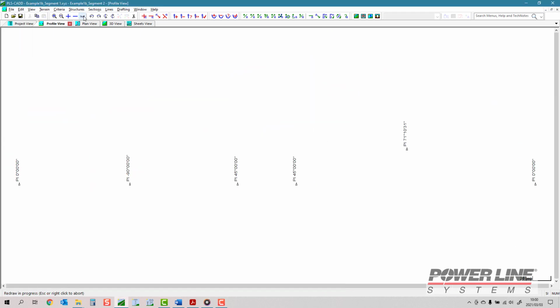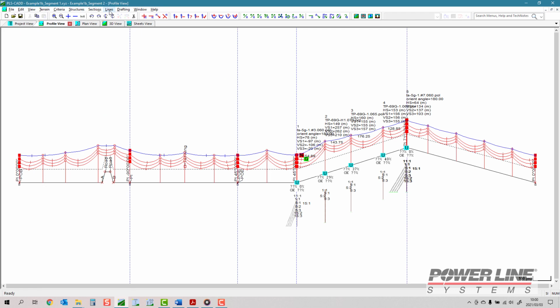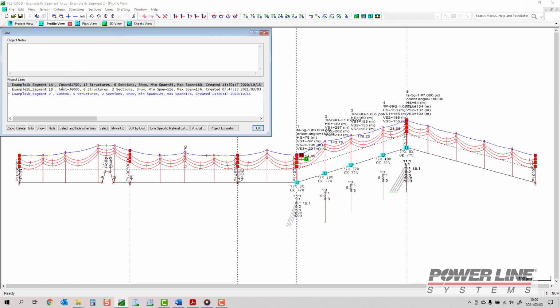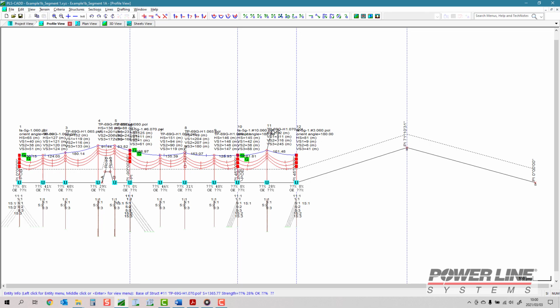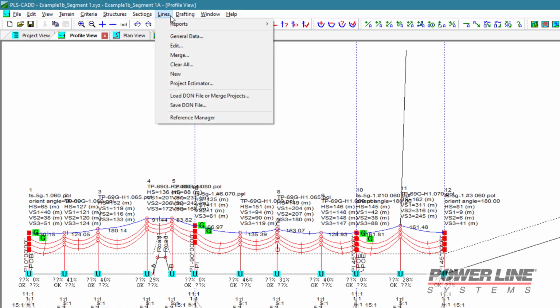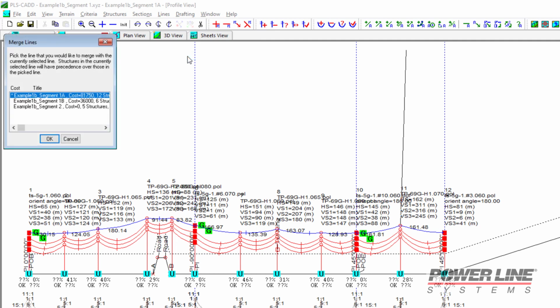We're finally ready to merge the line models together. I like to ensure that I work sequentially along the alignment, although this is not necessary. But I will select segment 1A as active and hide the other models. Now let's select the lines merge command, and in the merge dialog box that opens up, you will see a